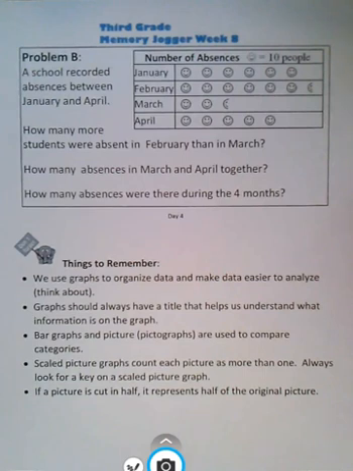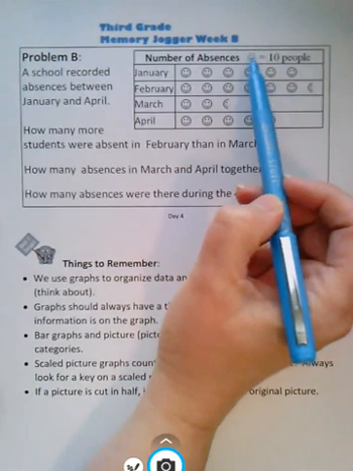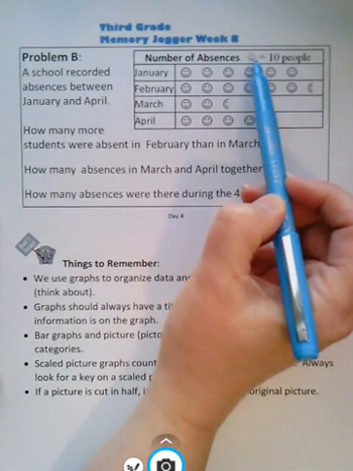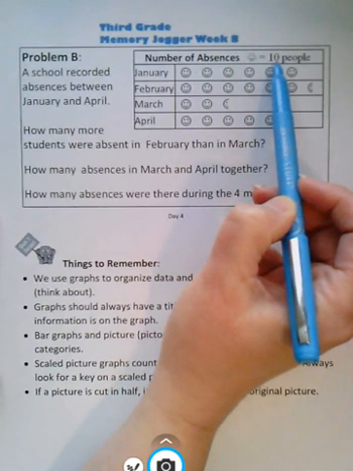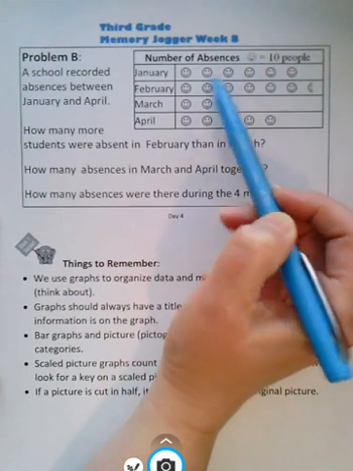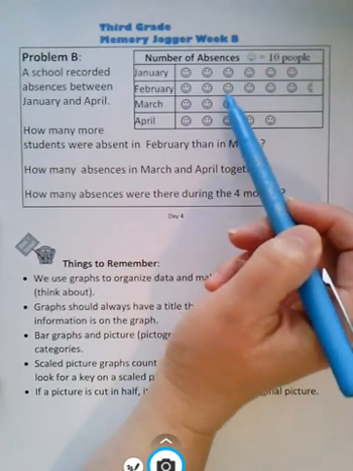Bar graphs and picture graphs are used to compare categories. In this case, our categories are January, February, March, and April. Scaled picture graphs count each picture as more than one. Always look for a key on a scaled picture graph. This picture graph shows us that each smiley face represents 10 people. So we know each time we count a smiley on the graph, we have to count it as 10